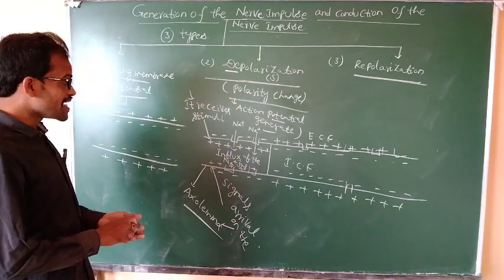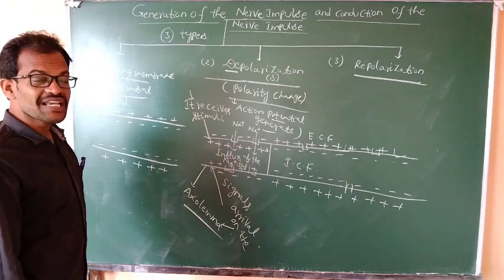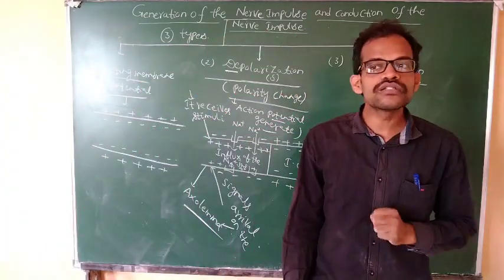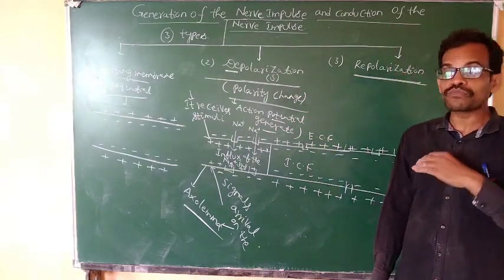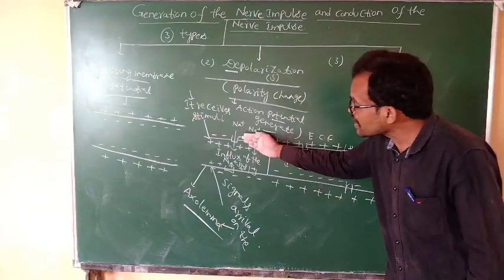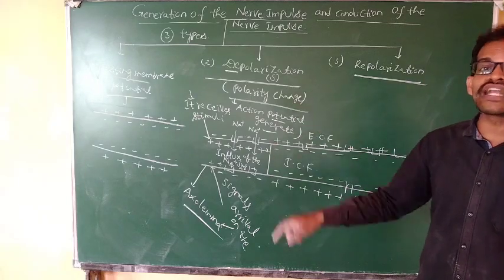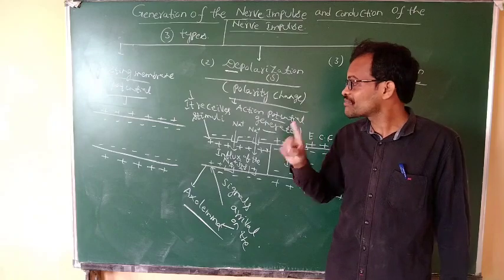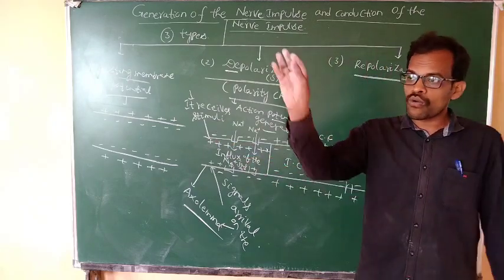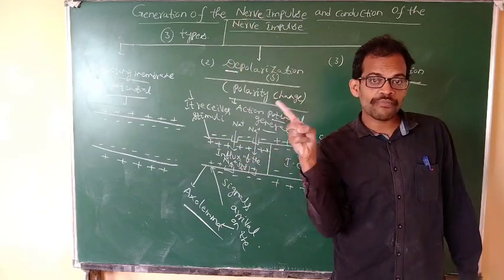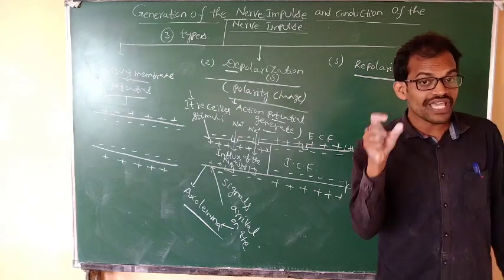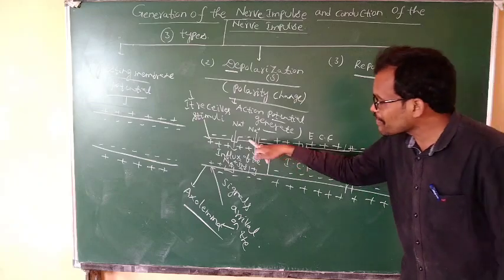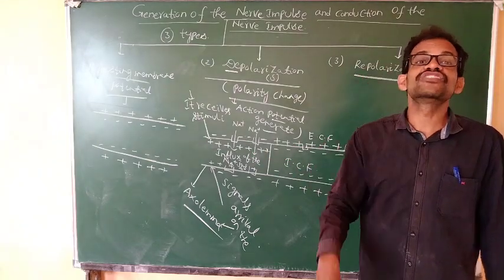Outside negative charge means depolarization. Once the neuron receives a stimulus, once it receives any signal from the surroundings, the polarity is changed. Once the polarity changes, the action potential takes place. Once the dendrite receives the information, it passes it through the cell body to the axon. The axon membrane, the axolemma, consists of different types of channels.